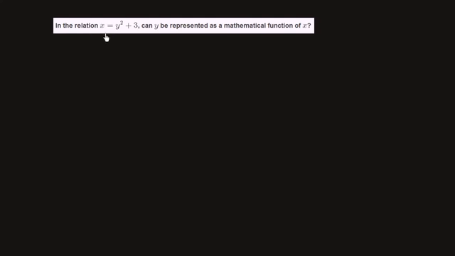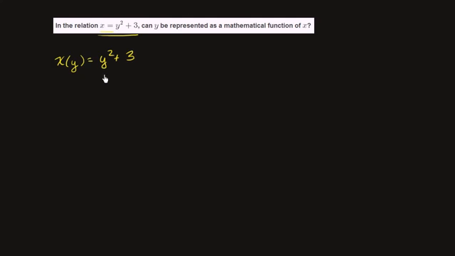In the relation x is equal to y squared plus 3, can y be represented as a mathematical function of x? So the way they've written it, x is being represented as a mathematical function of y. We could even say that x as a function of y is equal to y squared plus 3. Now let's see if we can do it the other way around, if we can represent y as a function